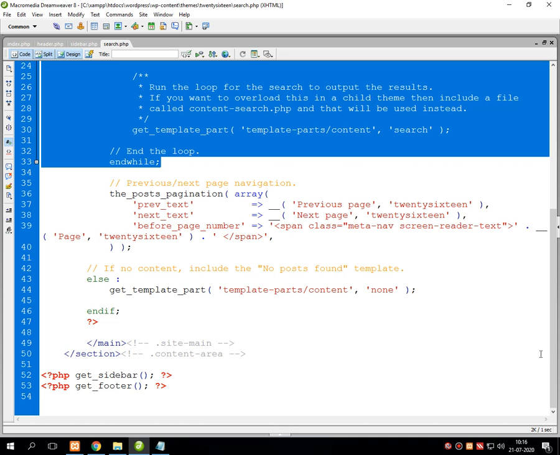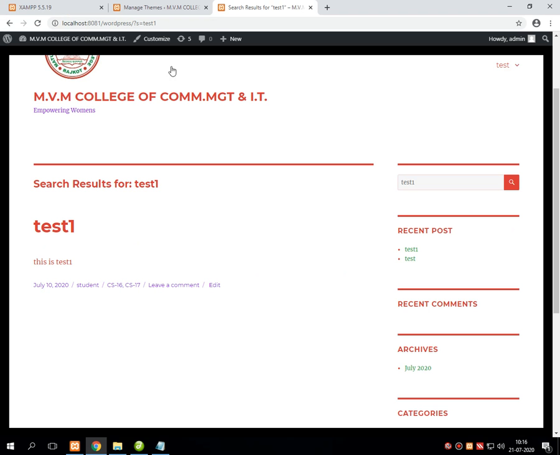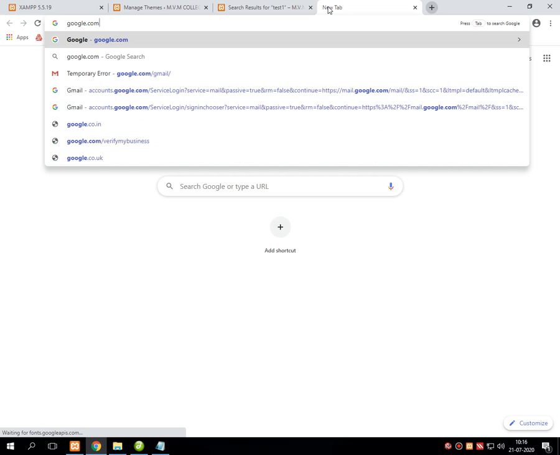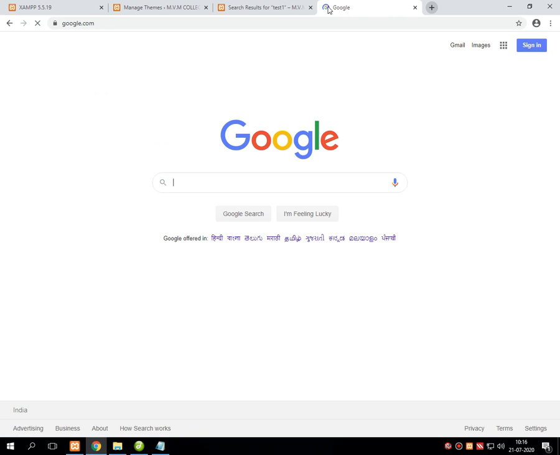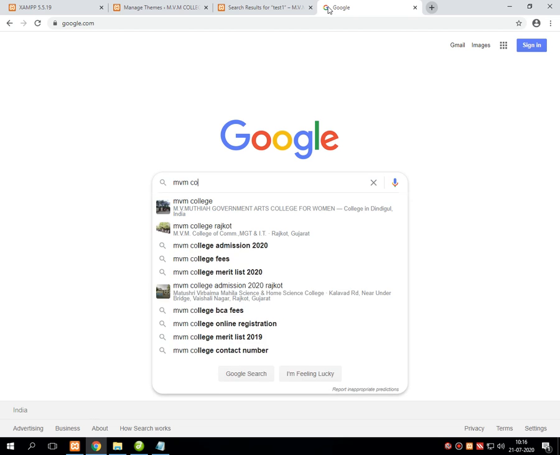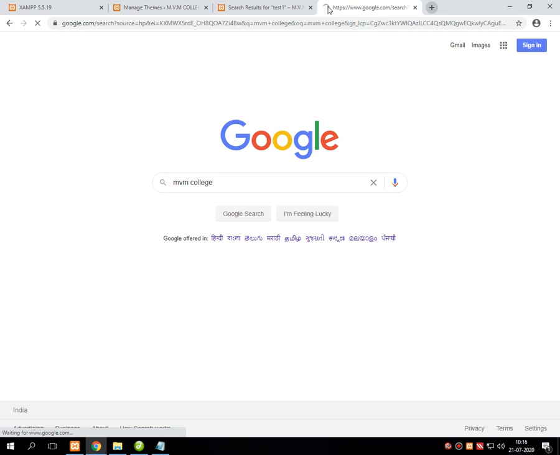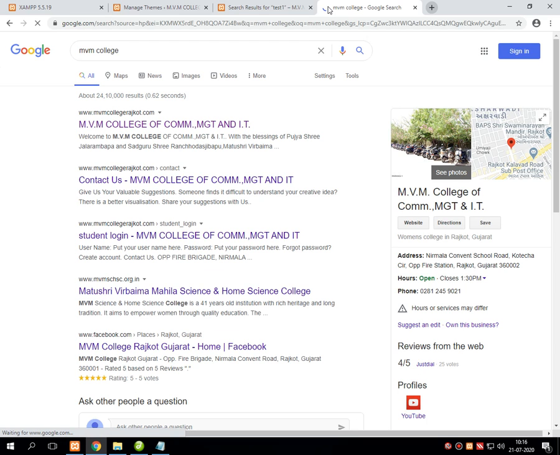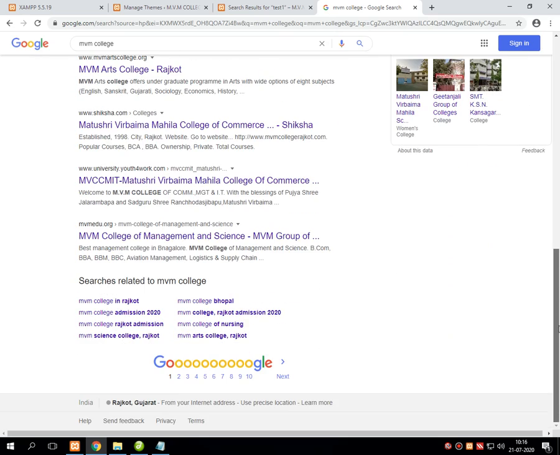That means if you see the Google search engine, say for example over here I am opening the Google website, and suppose I am typing MBM college, and I am pressing the enter button. Just go down.